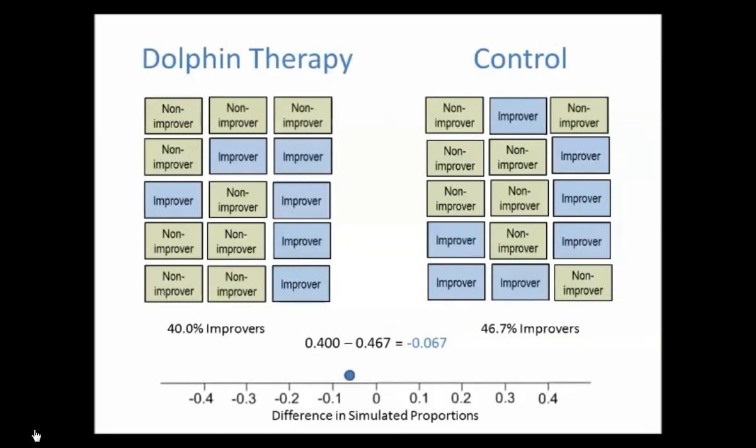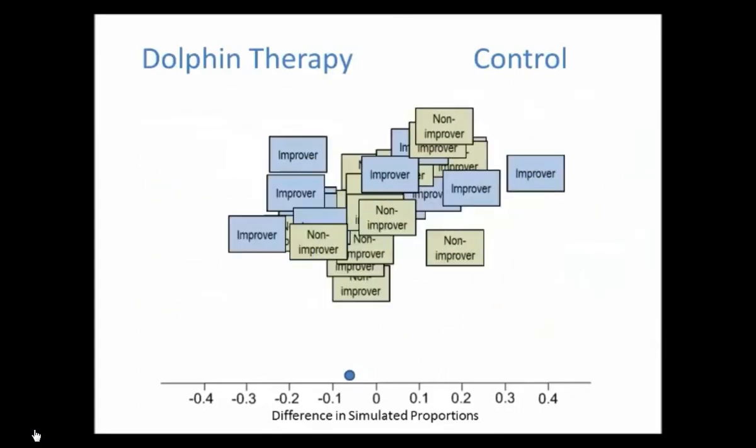Start making a dot plot. You guys don't have to. We just started making one down below. You're welcome, by the way. Now let's repeat this process. Shuffle it again. Here we go.